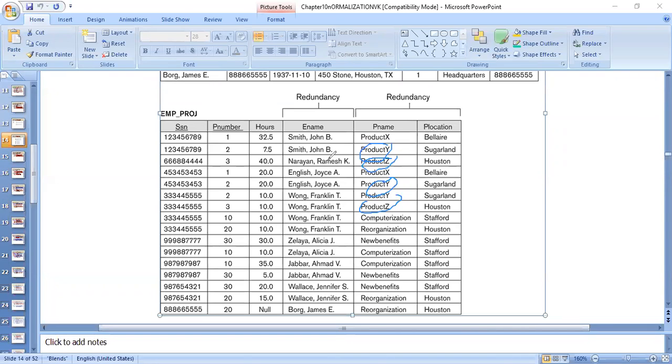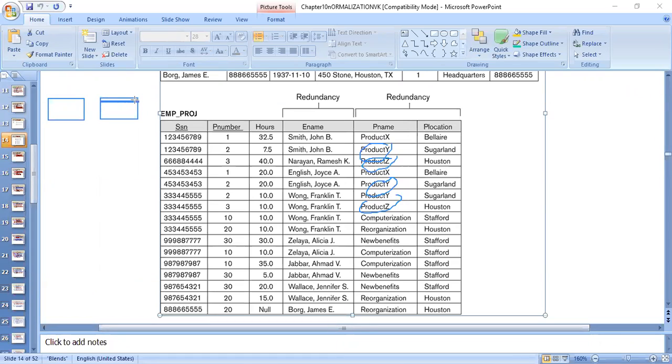But because my project and employee information is not bifurcated, ideally, if we would create an ideal or correct database, we would have created two different tables like this. We wouldn't have mixed employee and project. So this could be the employee table, this could be the project table. So even when I delete one particular project from here, it will not affect the employees.